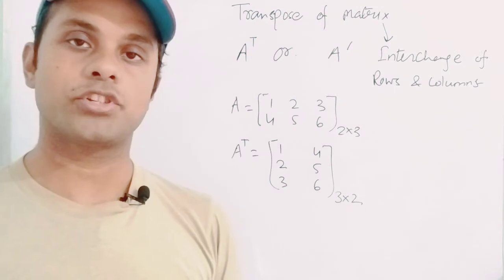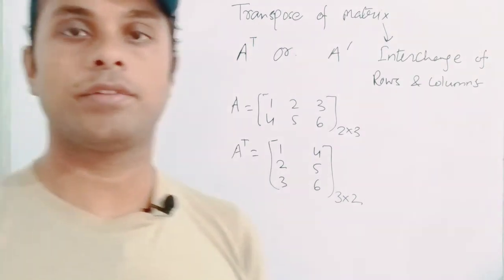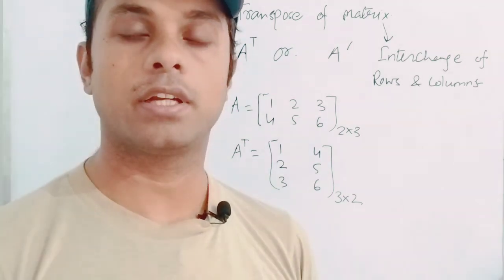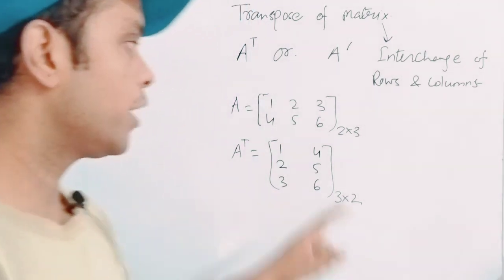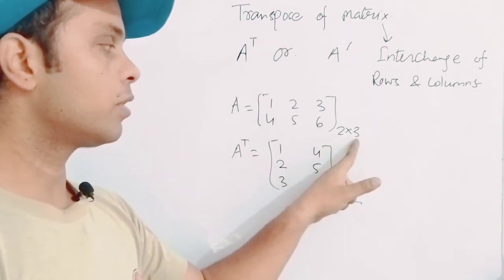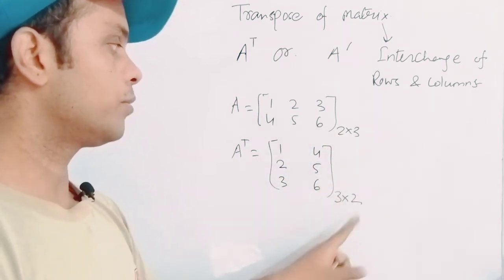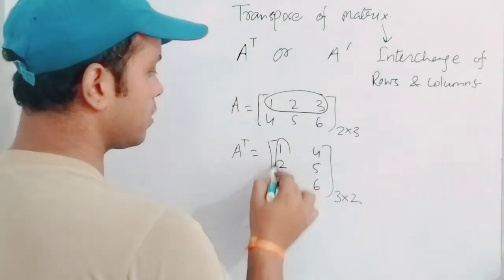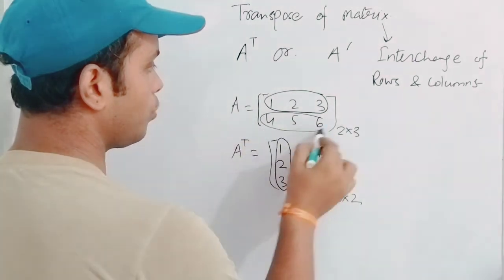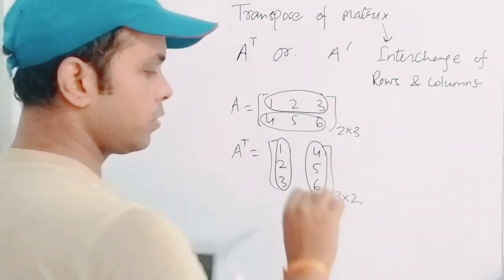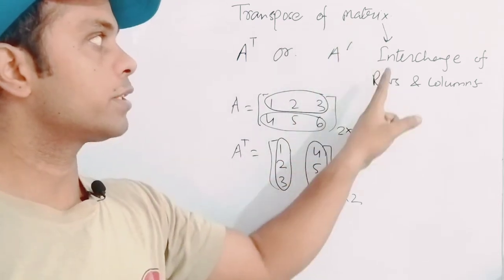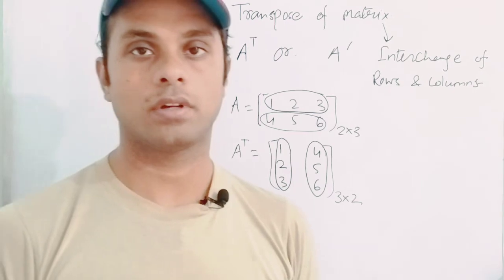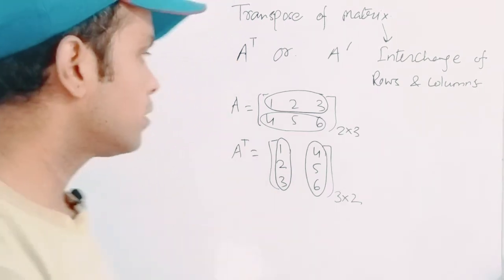So basically the order changes. Okay, whenever we find the transpose of a matrix which is not a square matrix, the order always changes. Look here, there were 2 rows and 3 columns and now 3 rows and 2 columns, and look, R1 becomes C1 and R2 becomes C2. So basically the transpose of a matrix is an interchange of rows and columns together. Okay, another example,